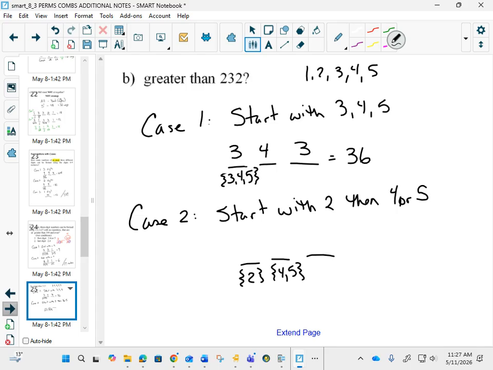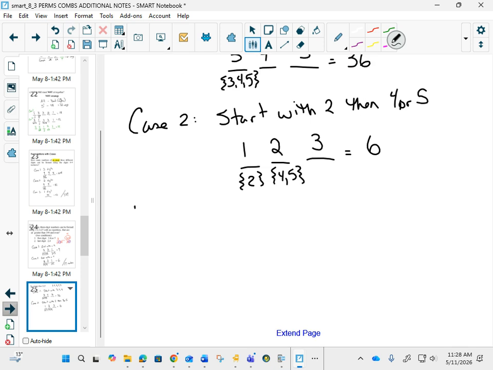So I have one choice here, 2 choices here. I've used up 2 of my numbers. There's no restrictions here because I'm counting in the 240s and 250s. 3 numbers left for 6 choices. Have I counted everything? No. I have to do a case 3 now. I haven't counted starting with the 2,